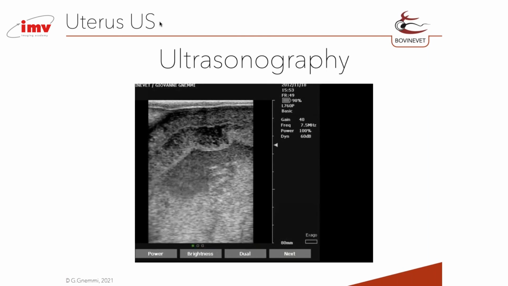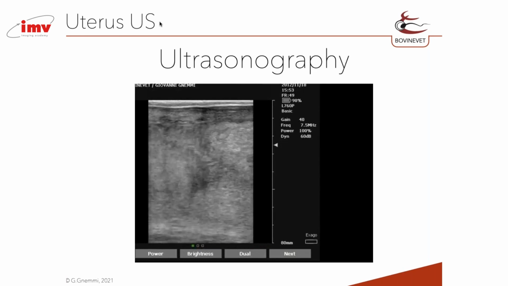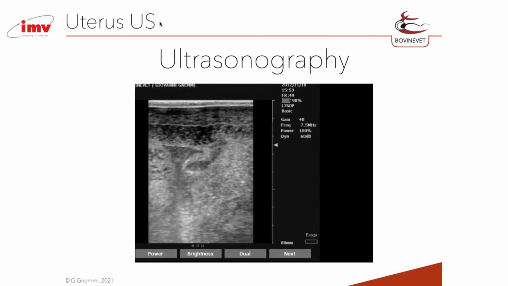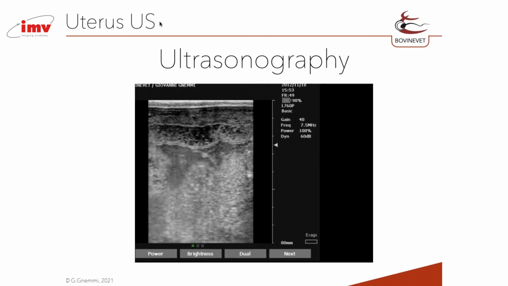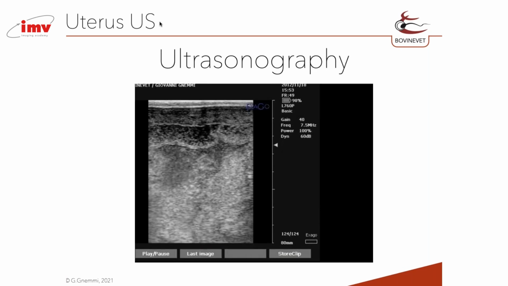For one reason, because now you are looking at perimetritis, but if I compare a cow at day 6-7 with perimetritis with a cow that is without, is there any difference ultrasonographically? So why? Because 100% of the uterus after calving have a contamination of bacteria, 100% have an inflammation. So what I can see is that there is an inflammation, and so there is no pathognomonic ultrasound signal which permits me to distinguish between a cow sick for perimetritis and a cow without